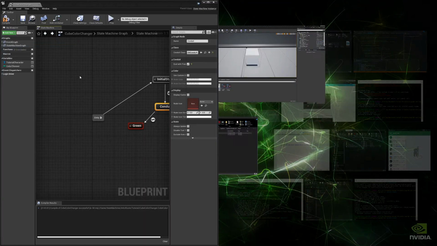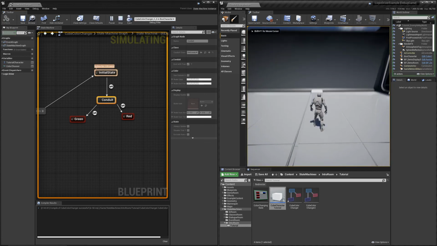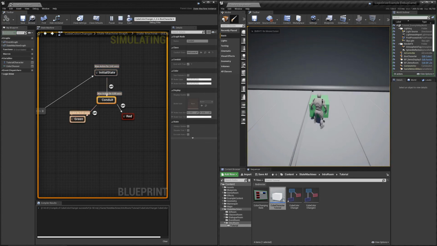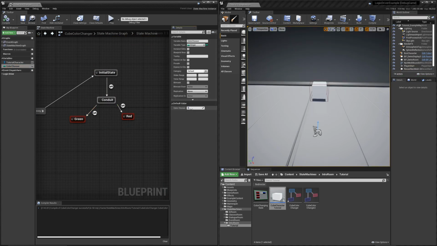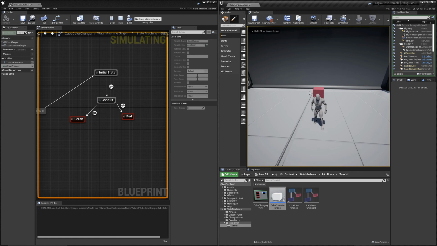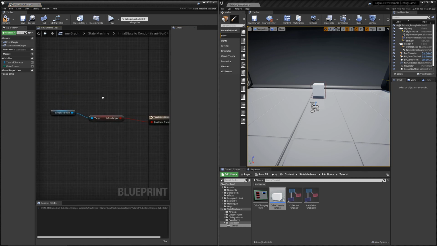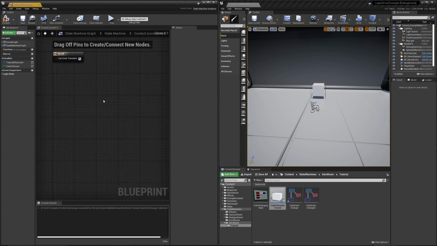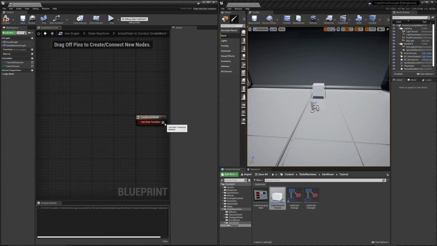So if we play this, and you see it went to green. Now let's go ahead and set the color chooser to 2, and it goes to red. And if we go to Conduit and we uncheck Eval with transitions, in this case, it's actually going to work right away. If we switch this transition out,